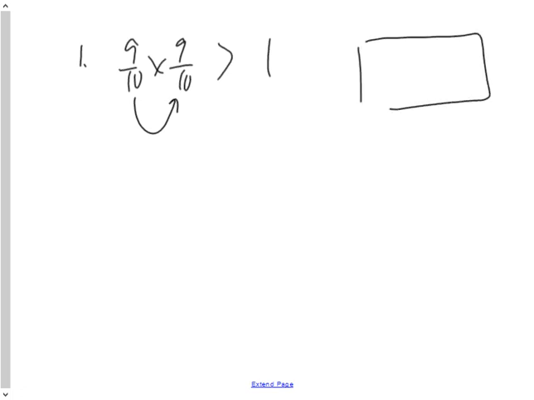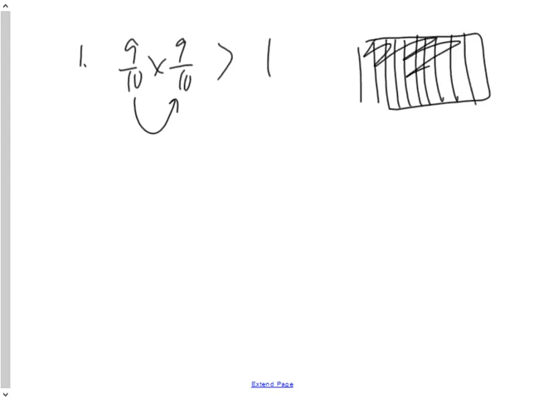So the first question is a true false. The first four questions are true false. And the first question says 9/10 multiplied by 9/10 is greater than 1. And without even having to think about the answer, I know a fraction or a part of a number that is less than 1 can never be greater than 1. And we learned that when we drew it, and I drew 9/10,